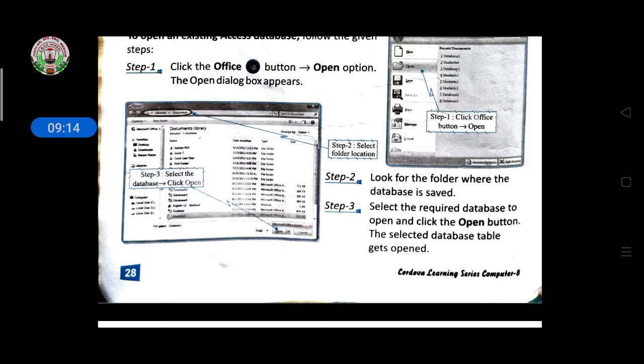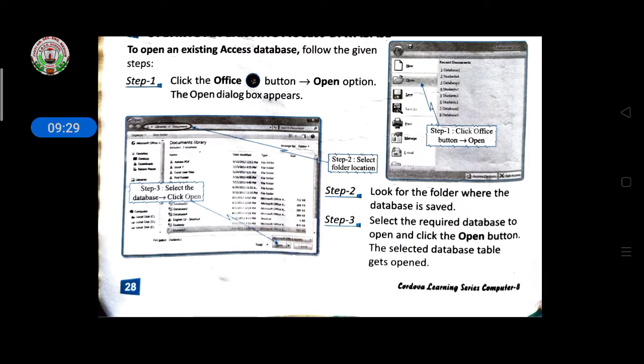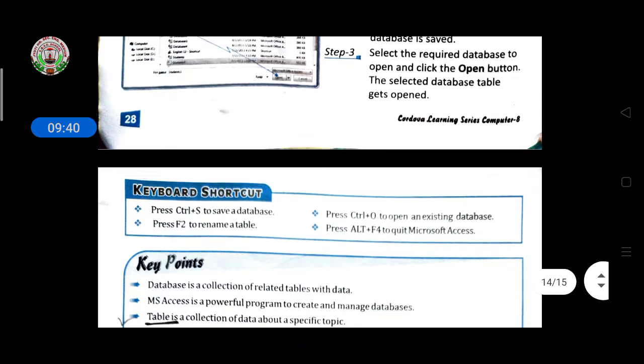Step 3, select the required database and click the Open button to open it. It means you have to open the dialog box, see where you saved your database, and from there you can go and open your database.